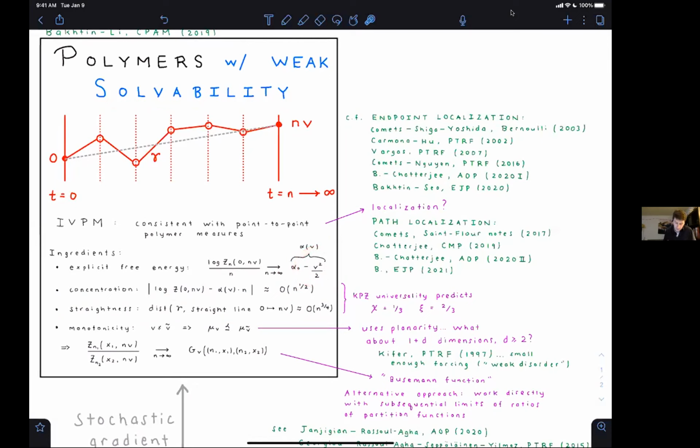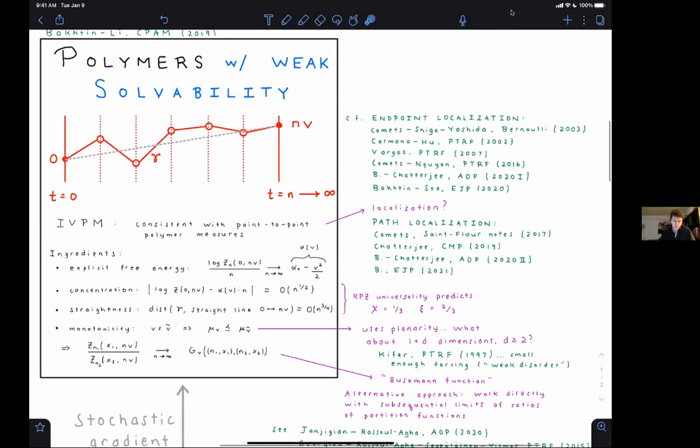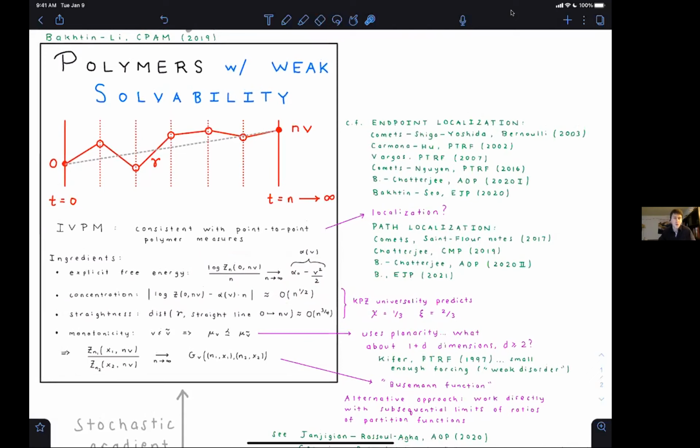Okay. All right. So the second ingredient I'll mention is concentration. So this just says that not only do you have a law of large numbers, but you have some concentration on a nice scale. Now here it looks like I'd have central limit theorem scaling, but in fact this is just an estimate that serves the purpose well enough. If you believe in KPZ universality, then you actually expect this exponent to not be 1/2, but instead to be 1/3. Okay, so that is an ongoing problem in the random growth literature in the KPZ world, of verifying models with this 1/3 exponent and then seeing how far you can push that exponent.